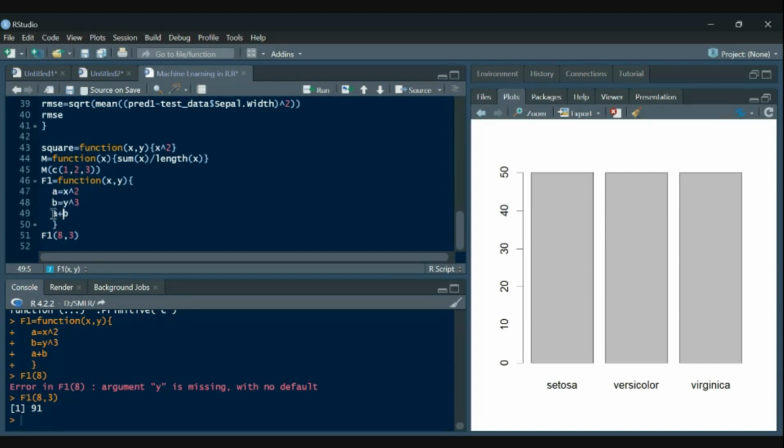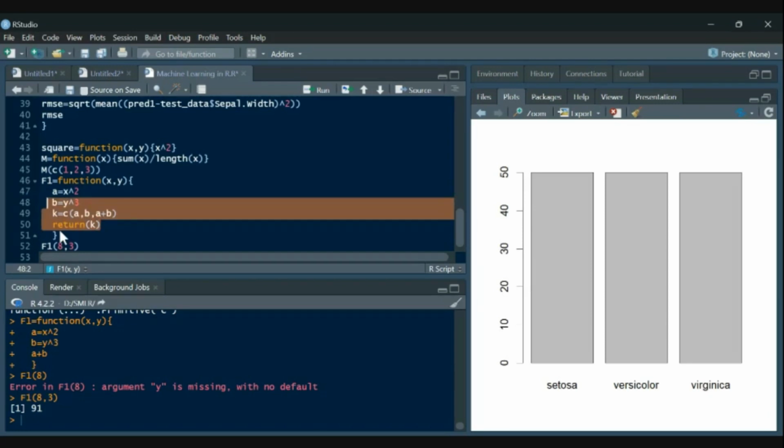Now, what if I wanted the values of x square as well as y cube? That is, I wanted the values of a and b as well. So what I will do, I will combine a comma b, and let's say store it in some k. And in return, I ask for k.